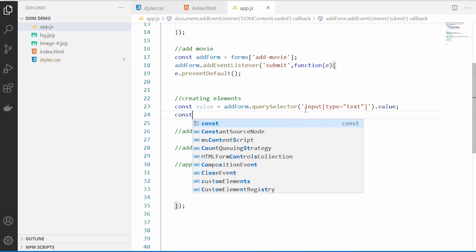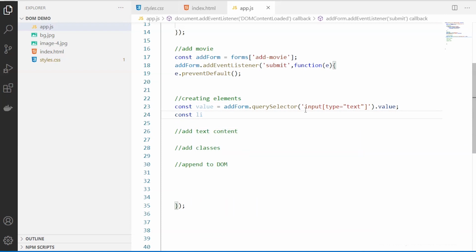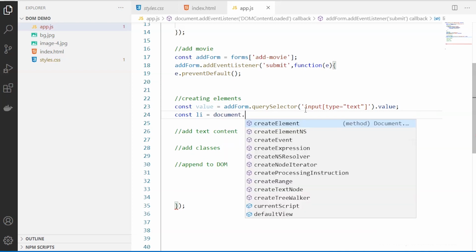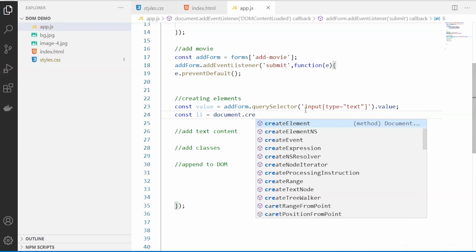And the second constant that I want to create is for the list item. So here I have the document, and here we are going to use this special method. You can see that there are so many create methods as a part of the JavaScript DOM feature.